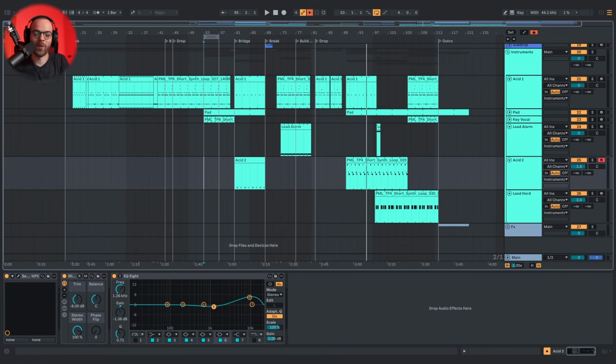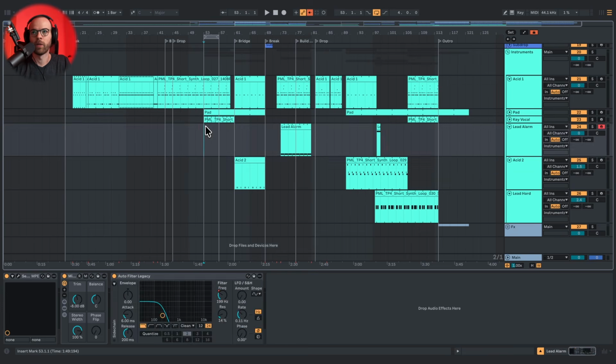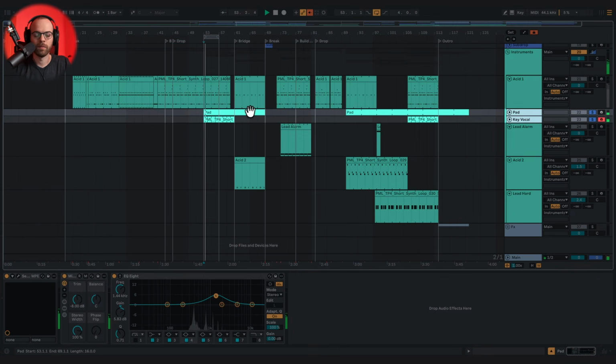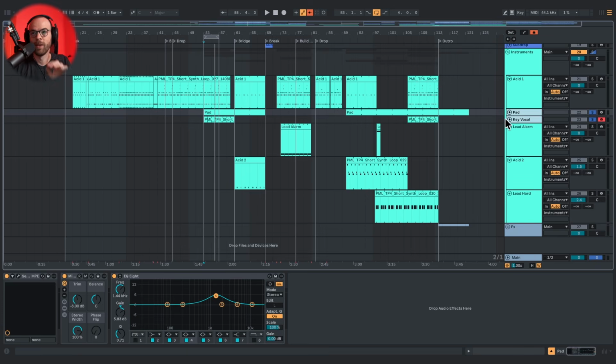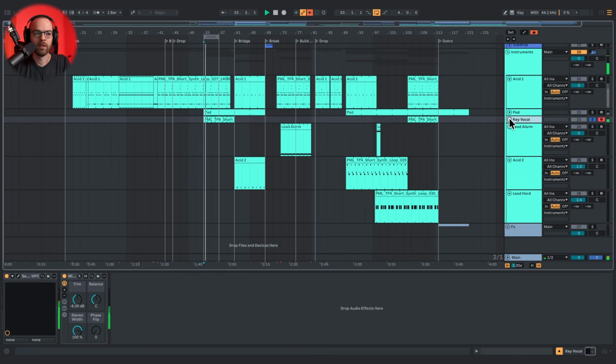And we also need background elements. To make the track feel fuller, we need background things, because otherwise the track can feel static and feel like it's not growing by itself. And not only this, but these background elements add warmth into your song. For example, listen to them. These are essential textures that are going to fill up the space and help the track feel wider and more emotional. For example, that key vocal over here,